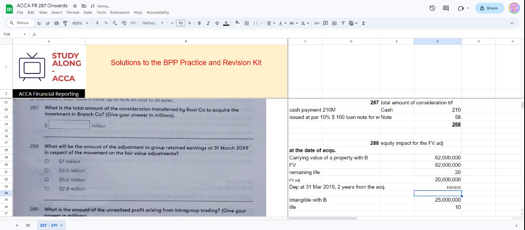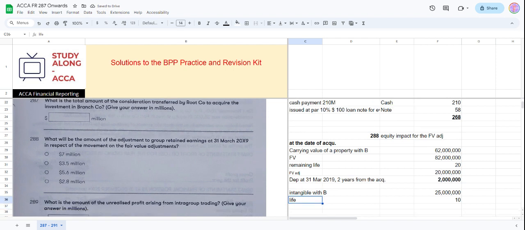This divided by 20. Every year they will have 1 million of depreciation, but because the calculation that we are doing is at 31st March 19, which is 2 years from the acquisition, we will multiply this by 2 as well. So 2 million for this asset, and then there is this intangible. The amortization will be 25 million divided by 10, 2.5, but this 2.5 is for 1 year,